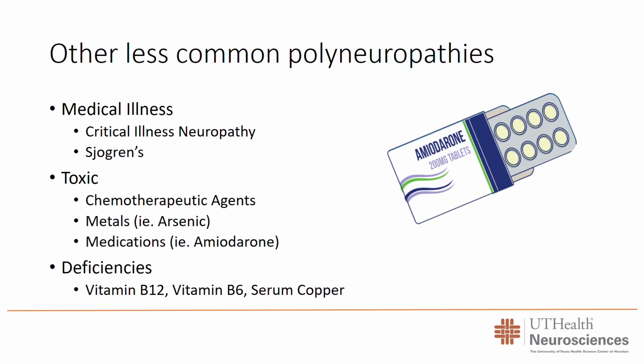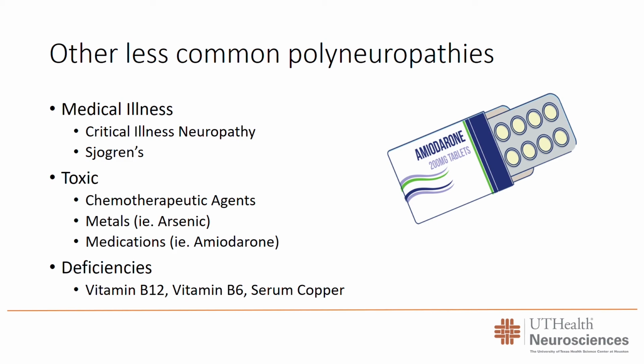So I wanted to talk about some of the other less common polyneuropathies. You can have neuropathies caused by medical illness. A common one that we'll see here is critical illness neuropathy. This can happen to patients most commonly when they've been in the ICU for a long time, and they don't actually necessarily have to have been admitted for a neurologic reason. I've seen patients who were admitted for cardiac reasons, and they ended up developing critical illness neuropathy